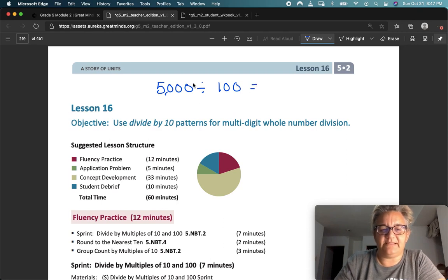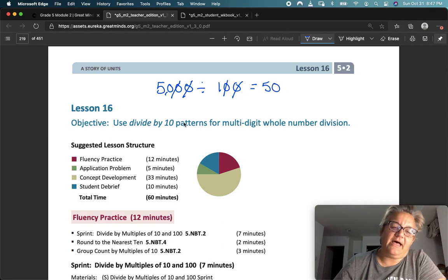So if I divide by this, I can take a 0 from here and a 0 from here. 500 divided by 10 is the same, or I could do 50 divided by 1, all the same problem, right? 50 divided by 1 equals 50. Or I could take the same problem,